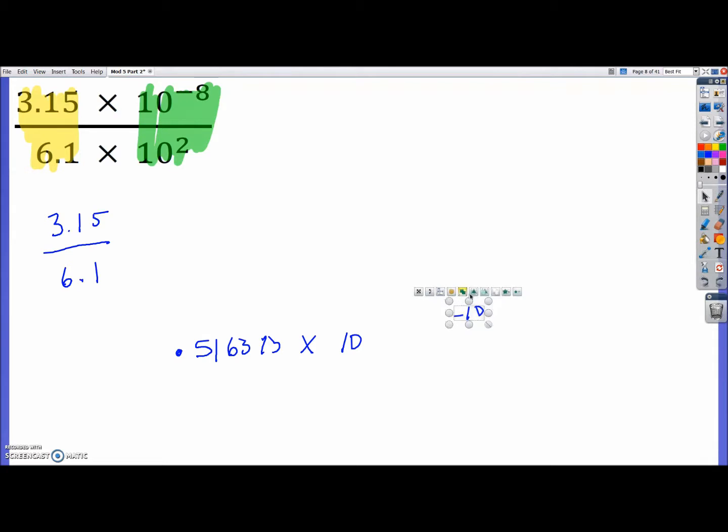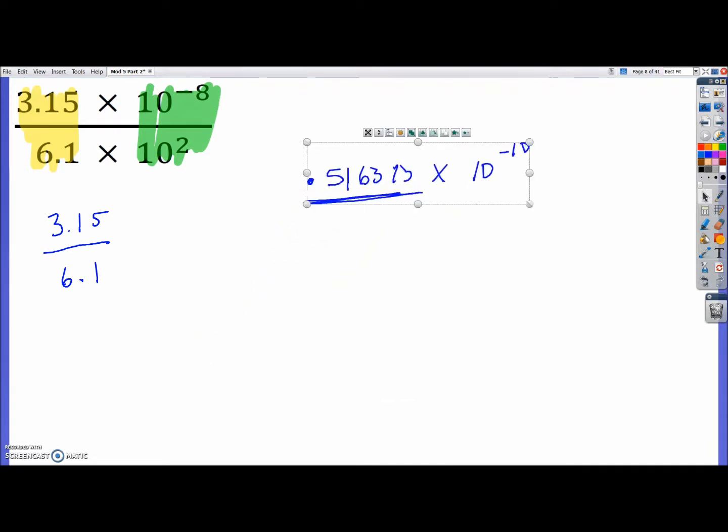So now what I need to do is make sure all my rules of scientific notation are true. Now remember, in scientific notation, the number must be written between 1 and 10. This number is not written between 1 and 10, so what I need to do is move it one spot to the right. That means this number is going to have to be one place value bigger, so this would be